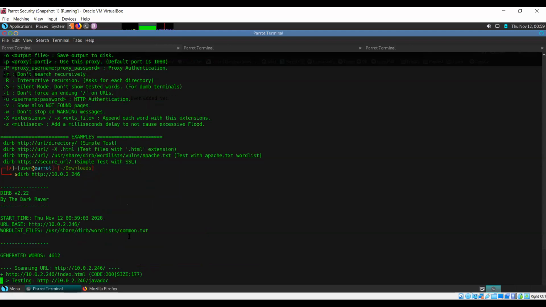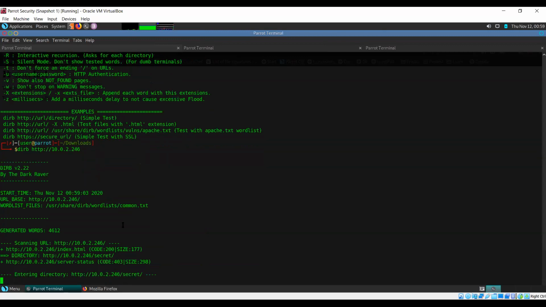So it has its own word lists. If you want to define a separate word list, you can do that as well. It has already found a directory for us, and it's currently checking files inside of that.